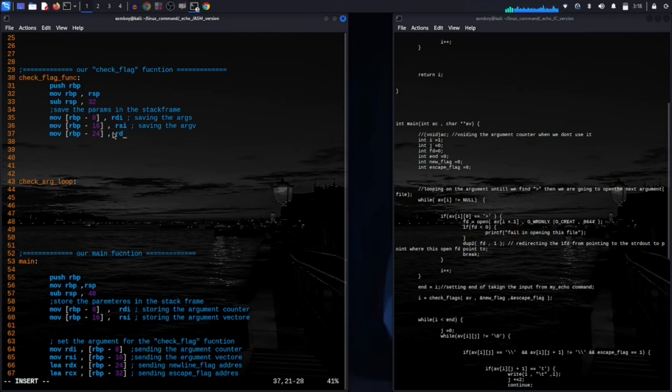So we're going to take what? The RDX, taking the address of the new line flag. Right, then what? Move again in the RBP minus 32 what? Move the RCX. Alright, good, no problem. So we're taking here, I guess I'm going to need